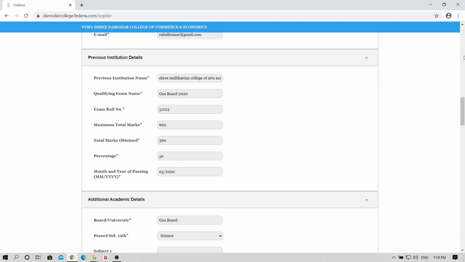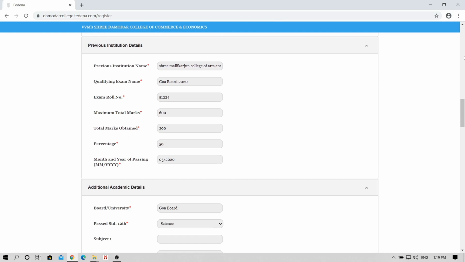Next, we have the previous institution details, which include the name of your previous institution, the qualifying exam, exam roll number, total marks, the marks obtained, percentage, and the month and year of passing.